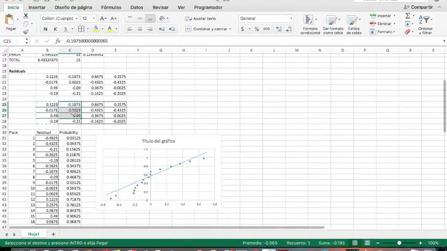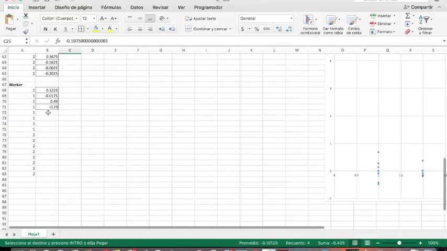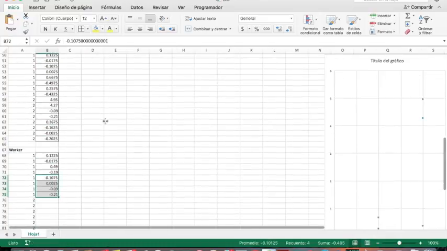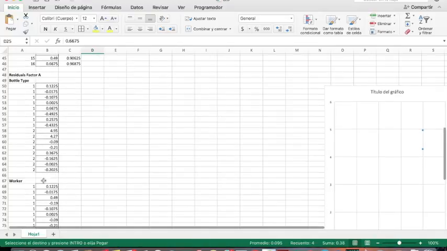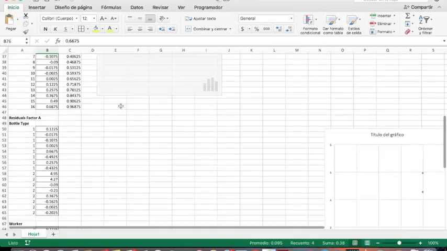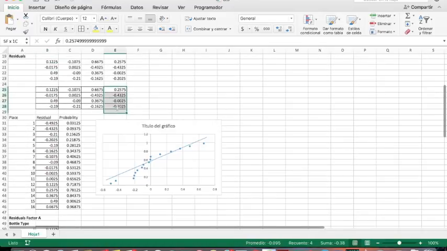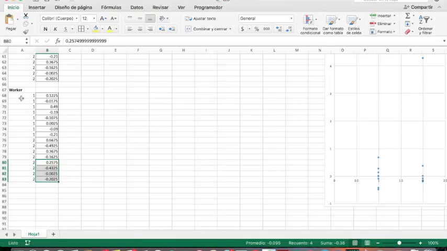For worker 1, these are for worker 2, worker 1, and this is for worker 2, and this is worker 2. We plot them,